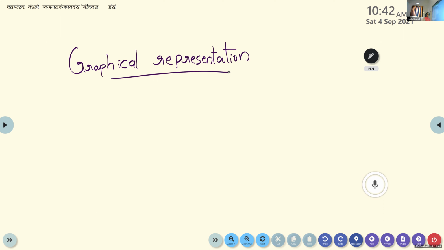As we discussed earlier, here also we can construct a table for phase angle omega t